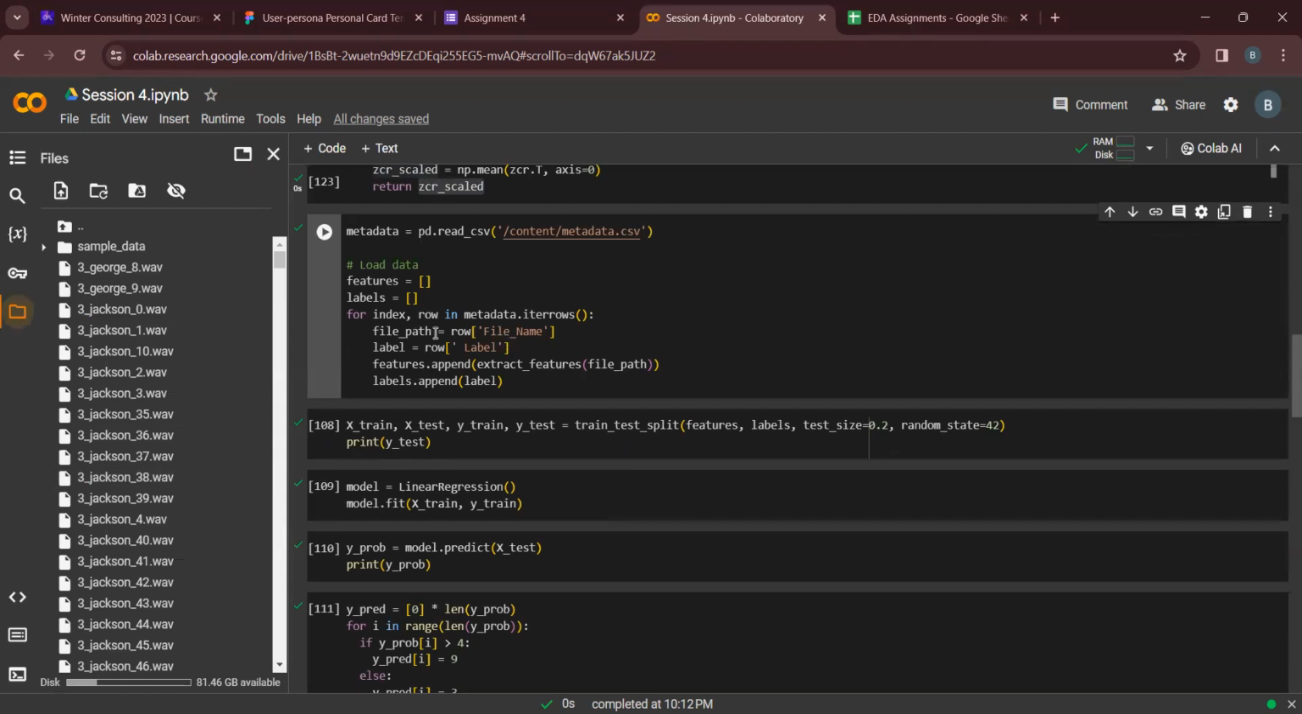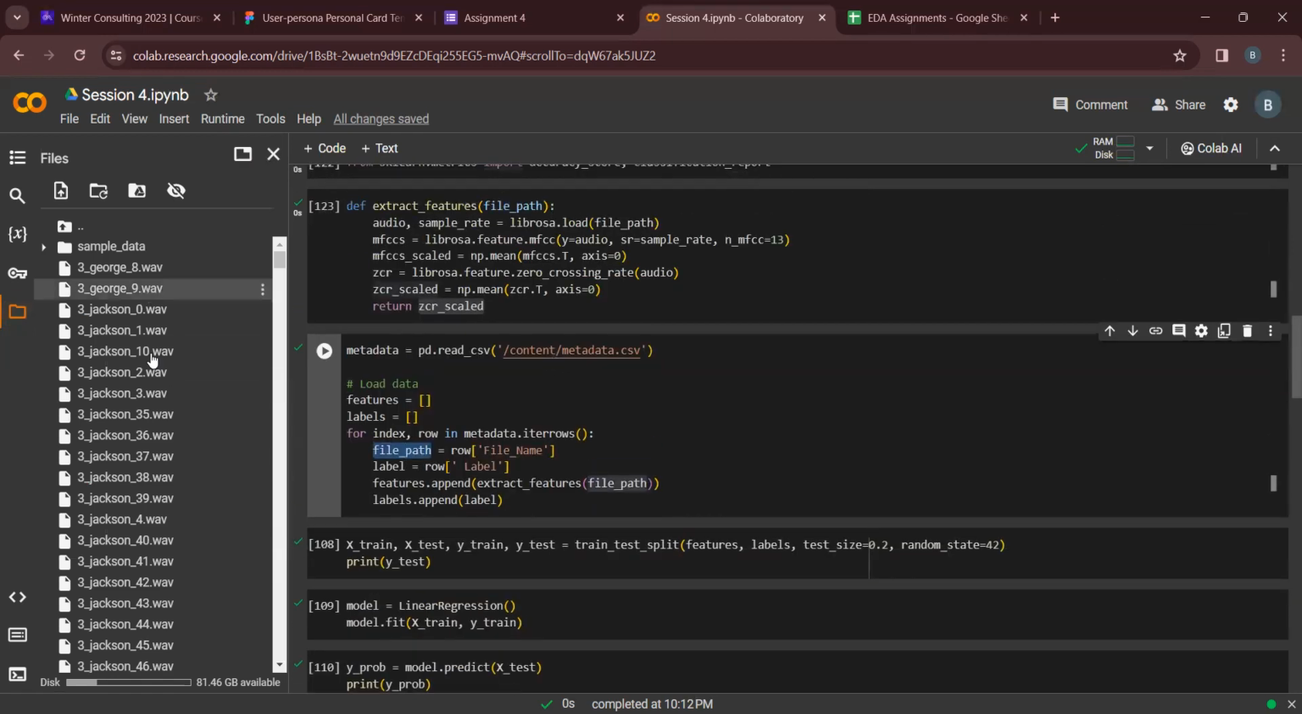Okay, so in file paths for this, we will